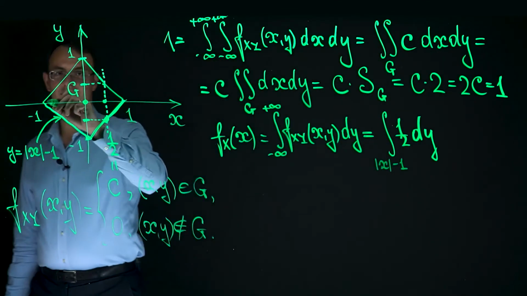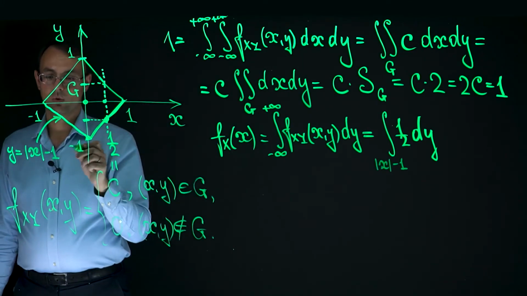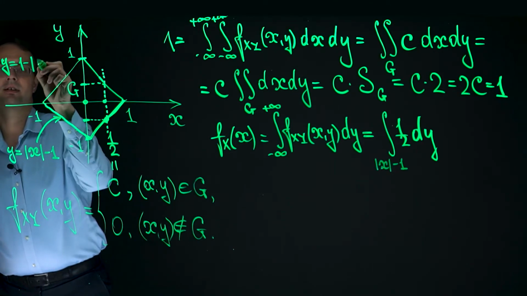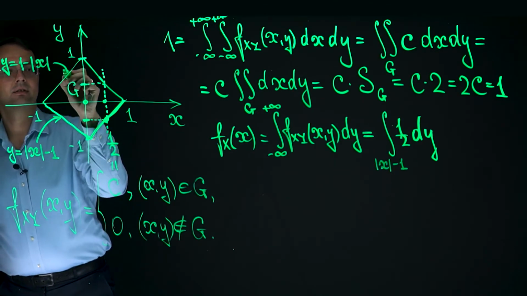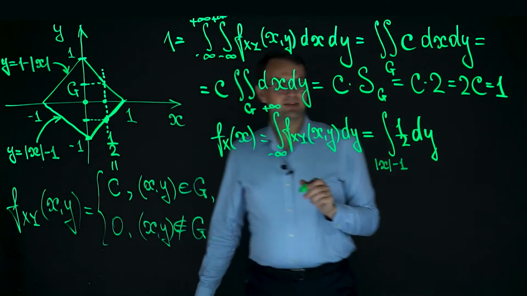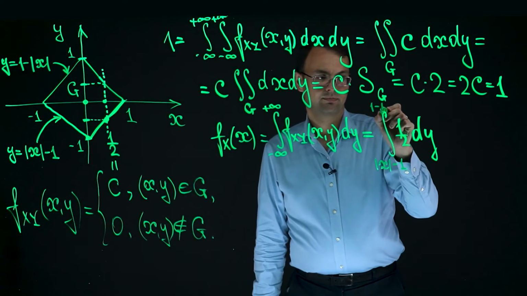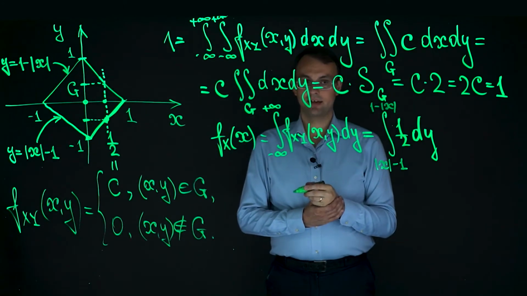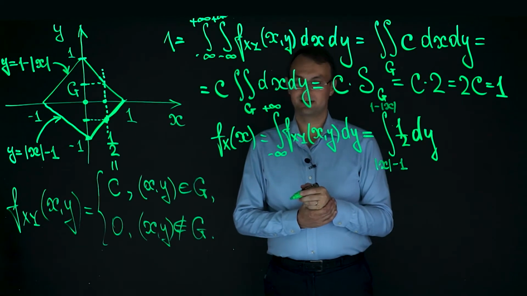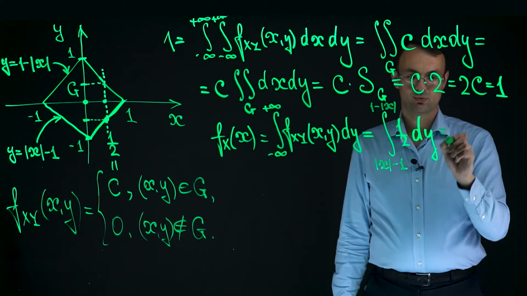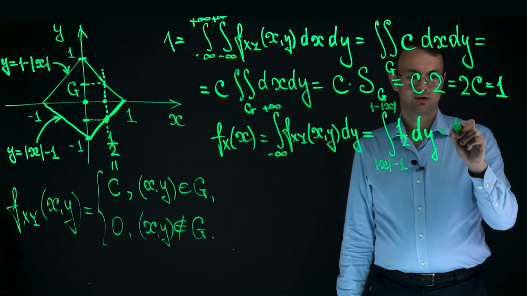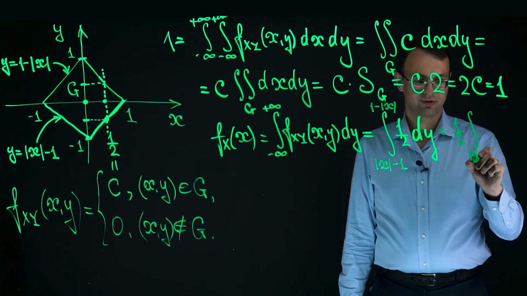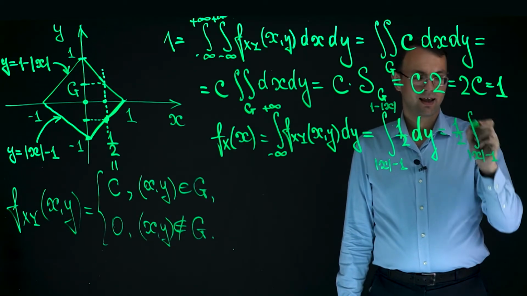And so this is 1 minus modulus x. So y is equal to 1 minus modulus x. And this is the upper limit. So, and everything else is quite easy. Just we can say that this one half can be put outside of integration, and